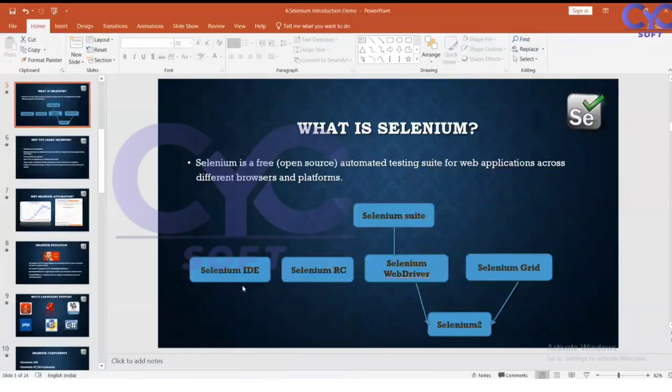So the first one is the Selenium IDE. What does Selenium IDE do? Selenium IDE is the Selenium integrated tool, which is a record and play tool. When they introduced this tool, it was meant to be used as a record and play tool,